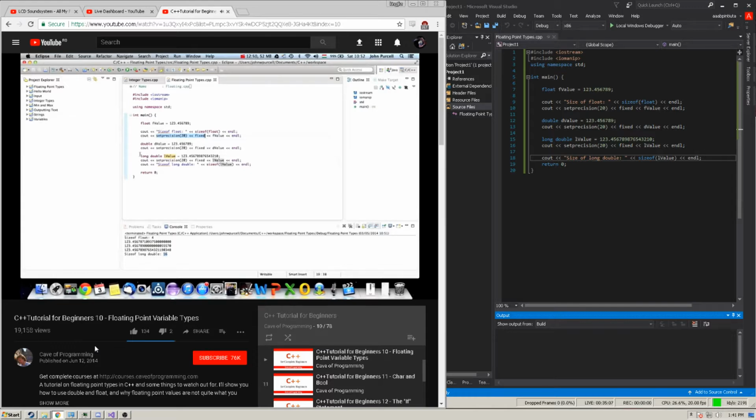So that's it for this tutorial, and what I'd strongly recommend is that you just try defining some variables of these three types: float, double, long double. Also try size of on them to see how many bytes they occupy on your system. You might get different results to me because it can potentially depend on your compiler and on the kind of computer you're using. The number of bytes allocated to a type is not necessarily fixed in C++,